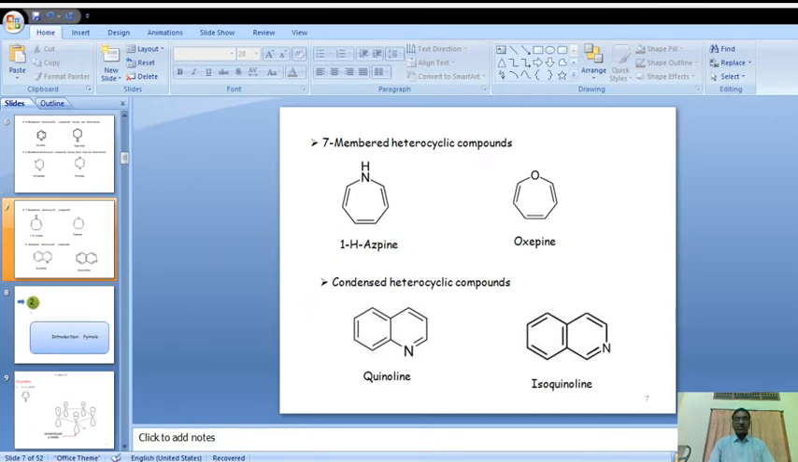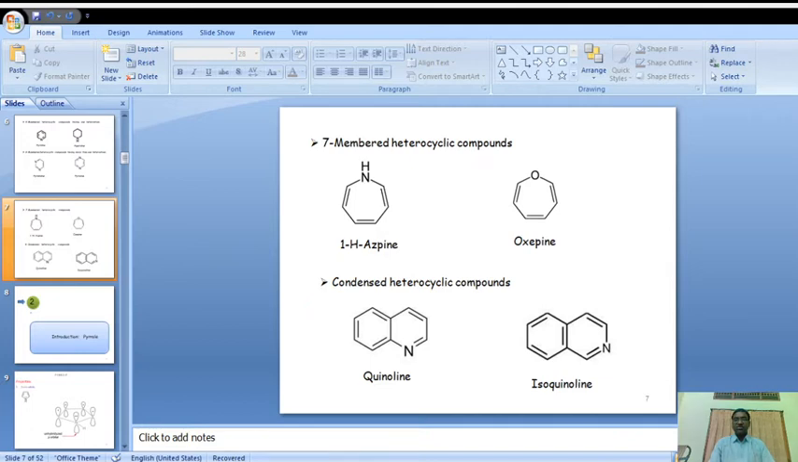Here, one is a benzene ring and on the other side it is a pyridine ring. Pyridine ring: 5 carbon atoms and one heteroatom, that is the nitrogen atom. The pyridine ring and the benzene ring are combined with each other to form the quinoline structure. When we compare quinoline and isoquinoline, in these two structures,